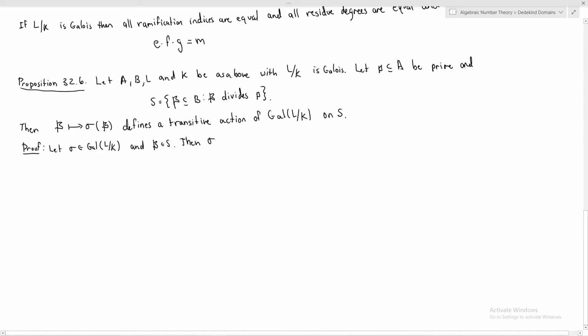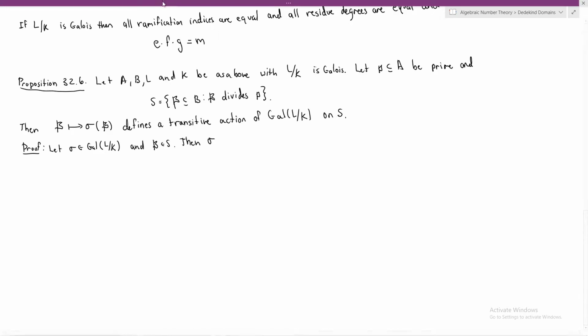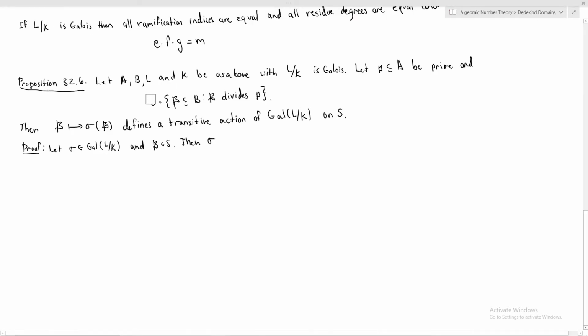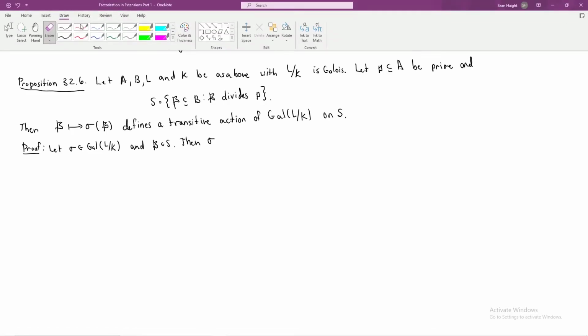Yeah, I need to know, so there's a slight issue with the way I've defined things here, which is that I need to know that sigma preserves B and A, which is probably not true for general Dedekind domains sitting inside these fields. So really, here I want